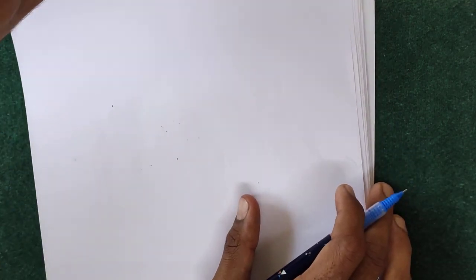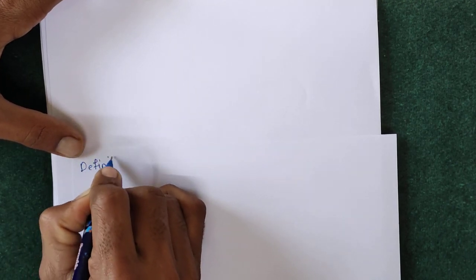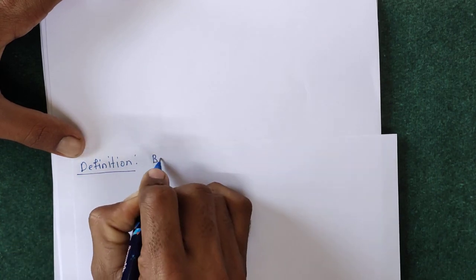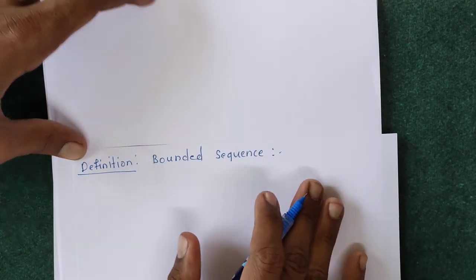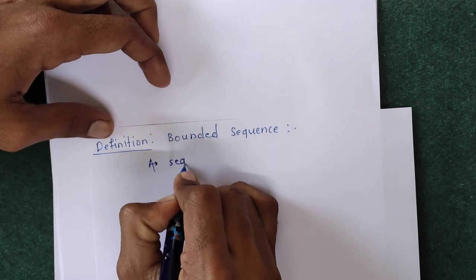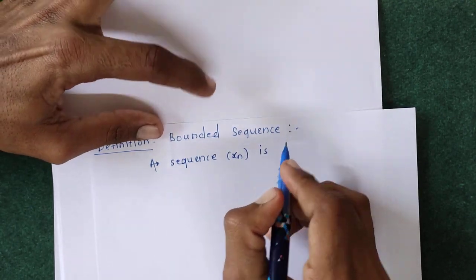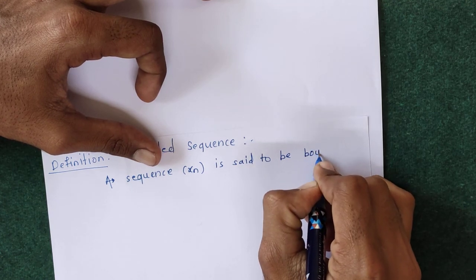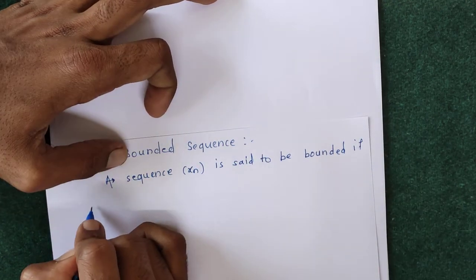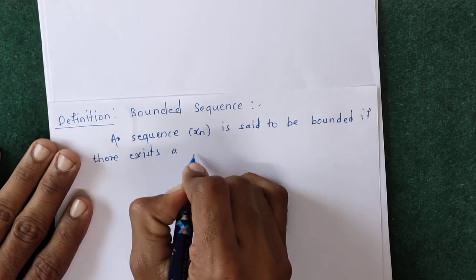Now, we will see the next topic, which is the definition of bounded sequence and some theorems on limits. Definition of bounded sequence: a sequence x_n of real numbers is said to be bounded if there exists a real number,